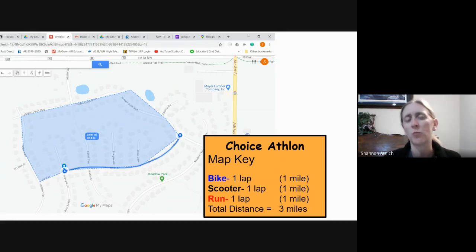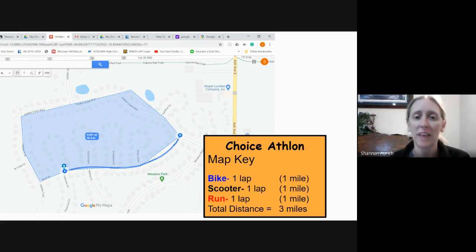So yesterday you planned your course. Maybe it was down your street and back, or maybe it was to the library and back, or some of you even went to another town and back. And then you planned your 3 types of motion. Today we are making a map, a variety of styles of map versus using a computer like this, or just drawing it with crayons or markers or colored pencils or pencil,